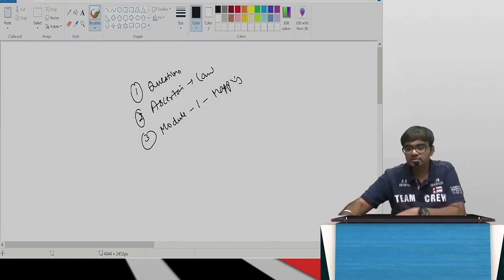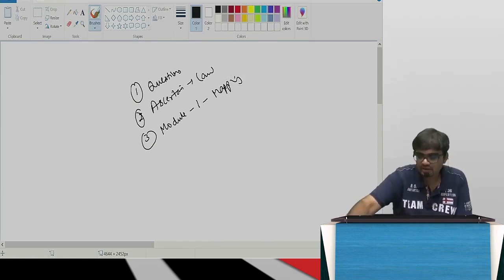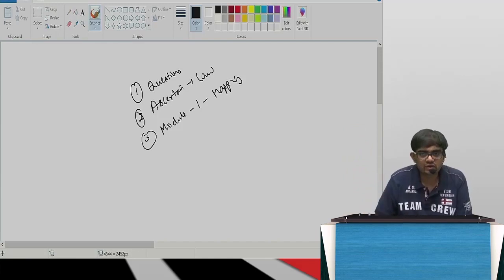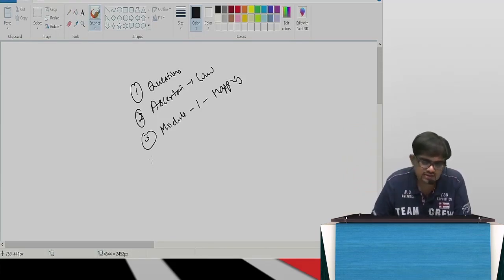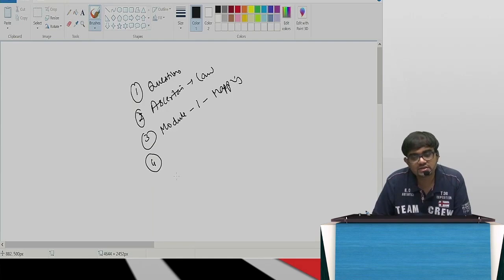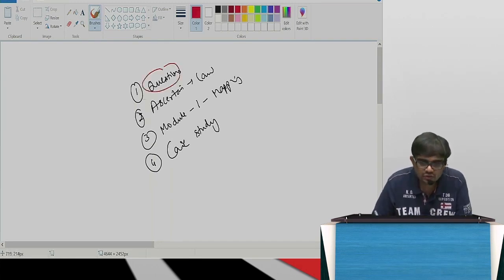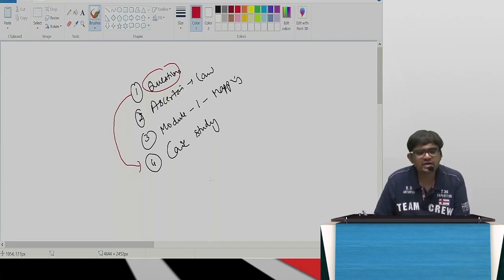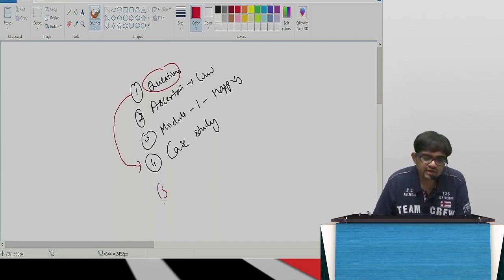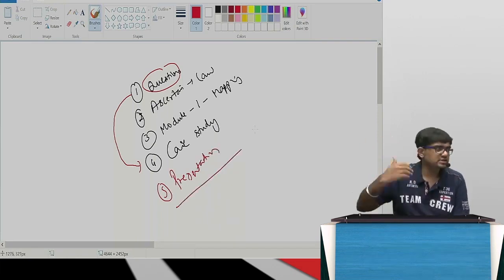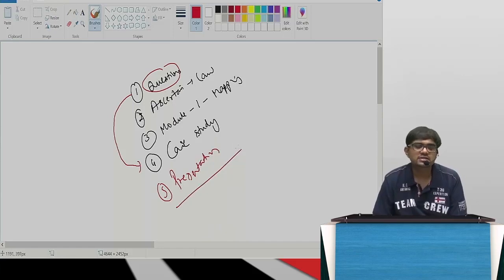See, it's an open book exam, methodology will be different, right? Some questions will be so easy that directly you can go. Some questions you have to do like this. After you figure out the mapping, etc., some questions can be answered directly, some questions no. Then read the case study. Because you have read the questions, you know which part of the case study would be relevant and important. Then finally, your presentation. Presentation is what you'll have to do finally. So if you can figure out this methodology to write the answers, it will be very simple.